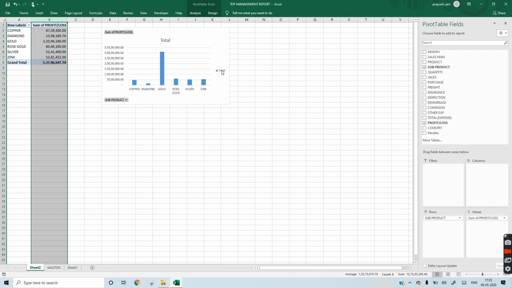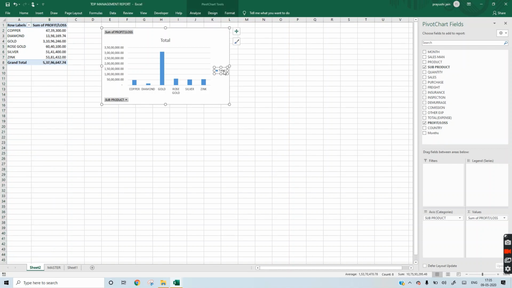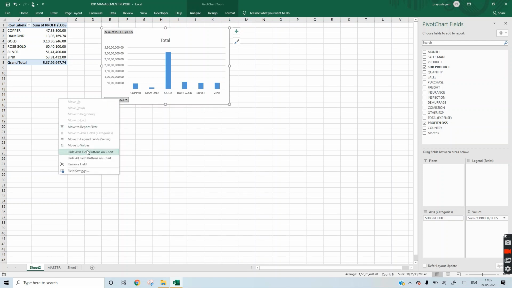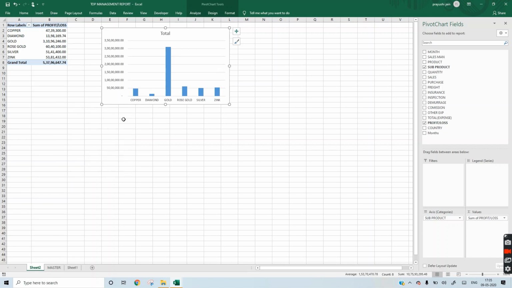Whenever you select these total labels and press delete, it will remove them. Right click, hide all field buttons, and select this total profit.